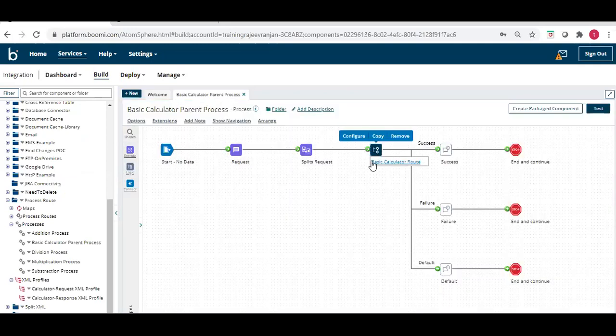Now on the basis of that, whenever we use this process route set, the different paths we have given will be populated, except that there will be one default path. If none of the keys get matched, the default path will be executed. Correct. So here, if you see, we have used success: all the successes will go there, all the failures will go there, and if neither success nor failure is matched, everything goes to the default.